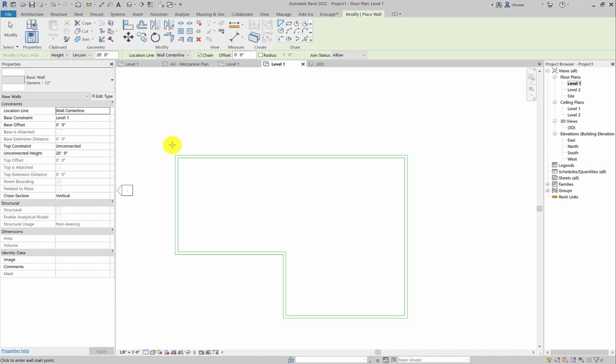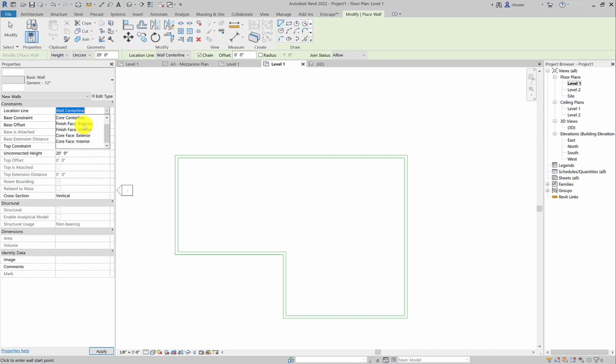Center line really doesn't work very well for me because obviously I don't want the wall there. I want it to go instead of this. So you have to play around a little bit. I always have to refresh my memory. So what do we have? Finished face exterior, or you have core face exterior. The difference between these are that